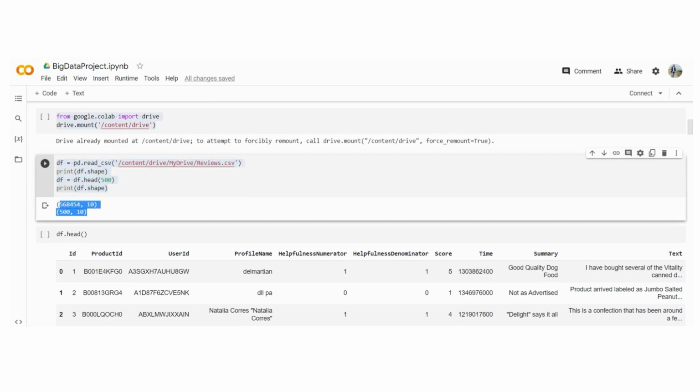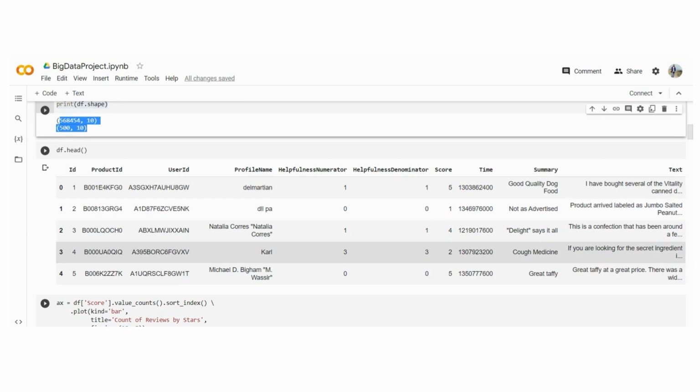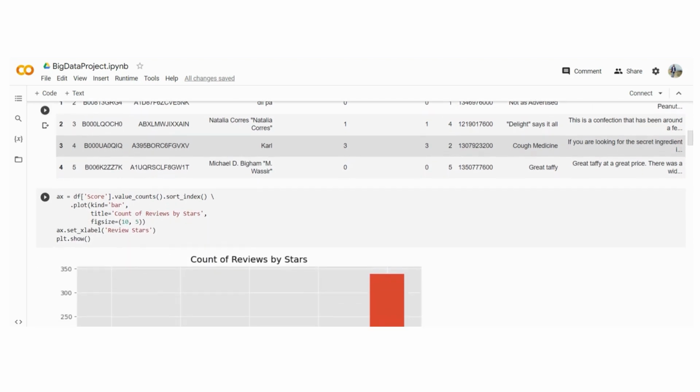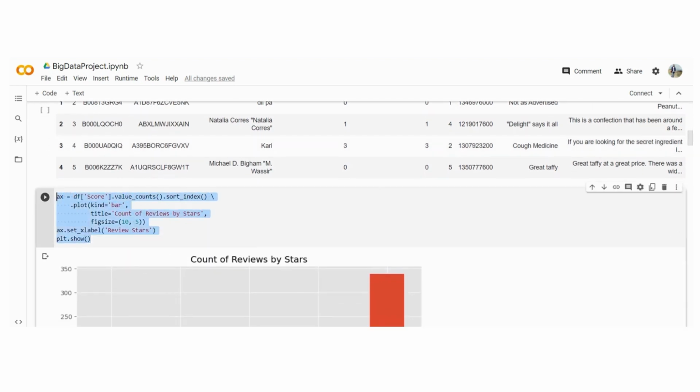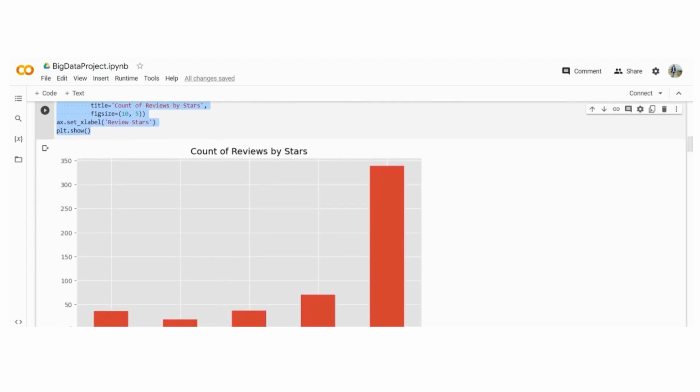This is the reduced and original. It is showing the head of the data frame, the starting preview. So here in this code, we are generating a horizontal bar plot to visualize the count of reviews by score using the matplotlib library and pandas data frame. Here you can see the graph,